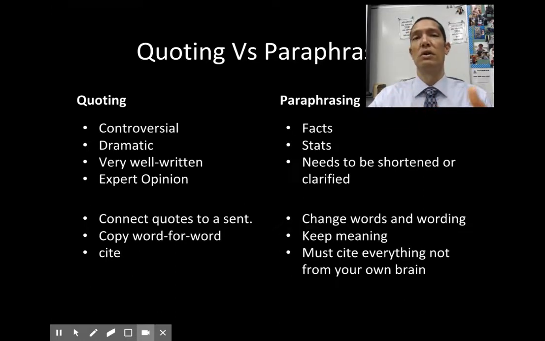So when do you quote, and when do you paraphrase? I want to see both in the paper. You really need to know how to do both. That's a skill you need to take to college, because they're going to expect that you know how to do that. So for quoting, and it's written right here,